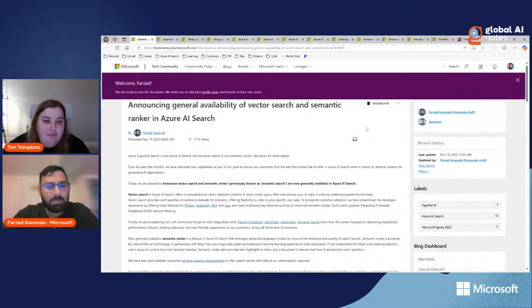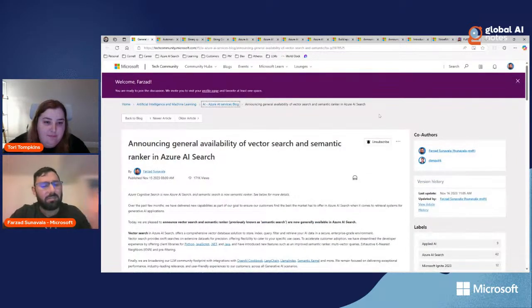And it should probably be recapped a lot better in a single slide, but I'm just going to go through the blogs, because at the end of the day, I'm repointing everyone, and I think everyone should just be going to the blogs. You have a single source of truth of the feature with all the links to docs and repos and things like that. So at a very high level, we announced the general availability of vector search and semantic ranker,